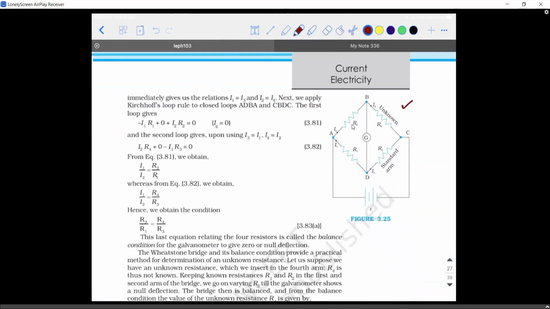So let me describe it. The 4 resistors R1, R2, R3 and R4 that are given to you, you will be connecting exactly in the form of a quadrilateral, and at the ends of one of the 2 diagonal points. So what are the 2 sets of diagonal points that you have? AC and BD. So across the end AC, you will be connecting a potential source, and across the end BD, you will be connecting a galvanometer. So what does a galvanometer do, guys? I think this is the first time we are seeing this term. So what exactly does a galvanometer do?